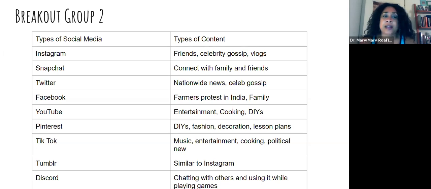TikTok has become really notorious for this, where TikTokers get on and overwhelm phone lines and do pranks, or are actually very political in nature. And it was an insurrection on January 6th, and it wasn't just at the US Capitol. It was also at different state capitals around the country, including in California and Georgia. All of that was organized on social media.